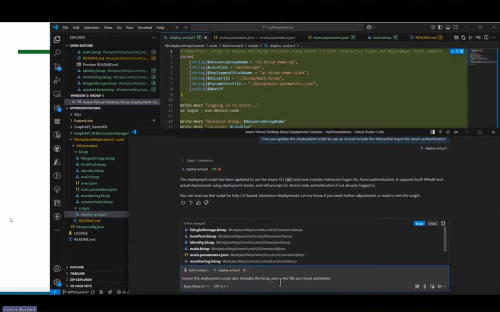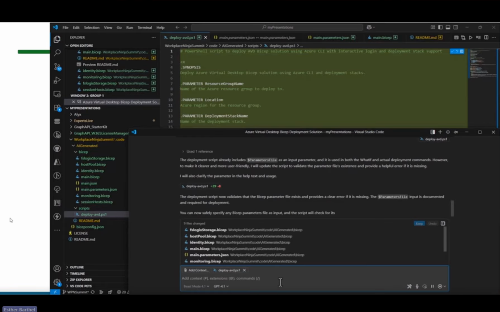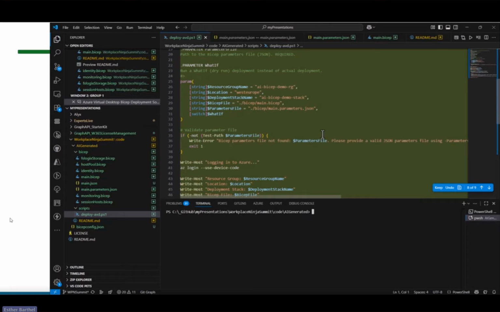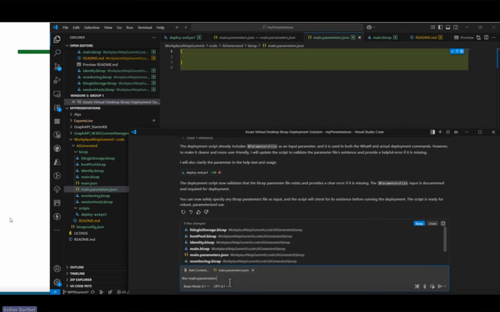So trying to create the right prompt. And I think I kind of got in a debate on what a correct parameter file is. So I had to double check. As you can see, the parameter file is still empty. And then I think I kind of got it to hallucinate, to be honest.